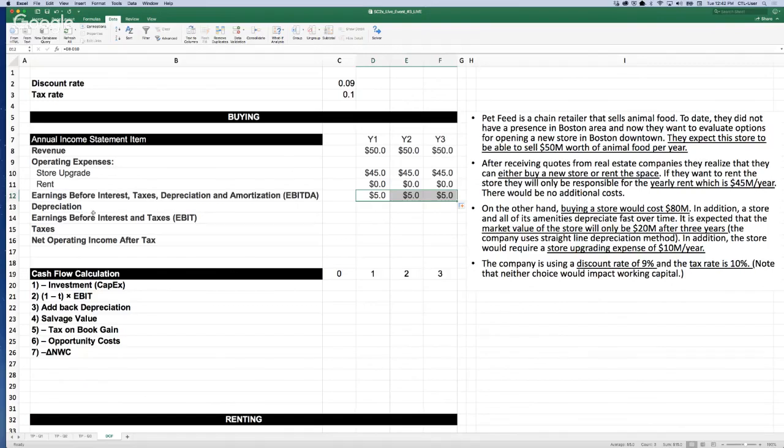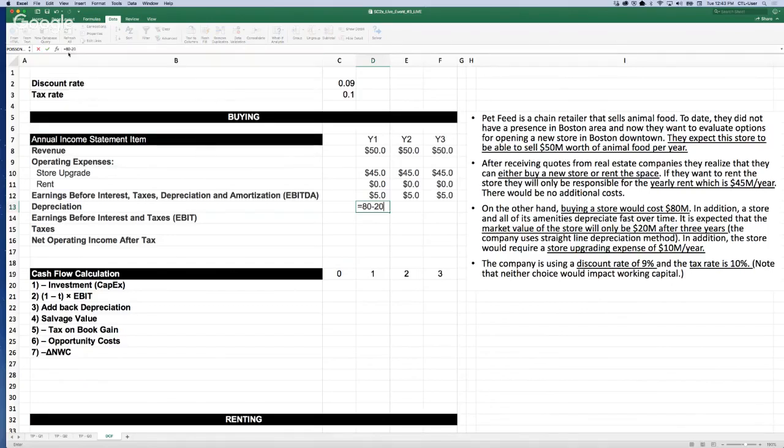The next thing is depreciation, and this is a tricky thing, but it's very easy to calculate if you know how to go about it. The question says we're using straight line depreciation, and the formula is: you take the original value, which is 80 million, and subtract the salvage value. The salvage value is the value of the asset at the end of its lifetime, which in this case is mentioned as 20 million.